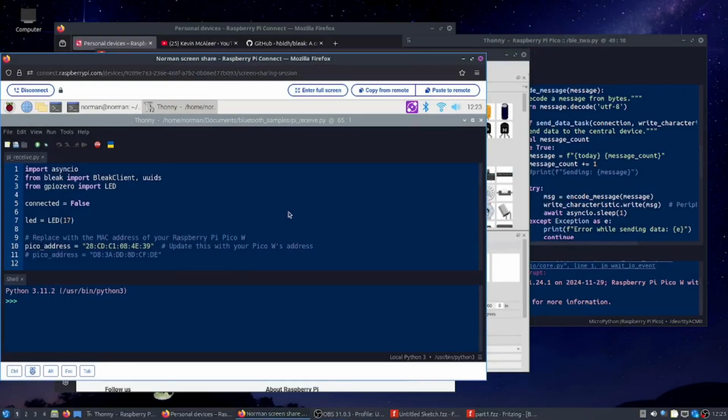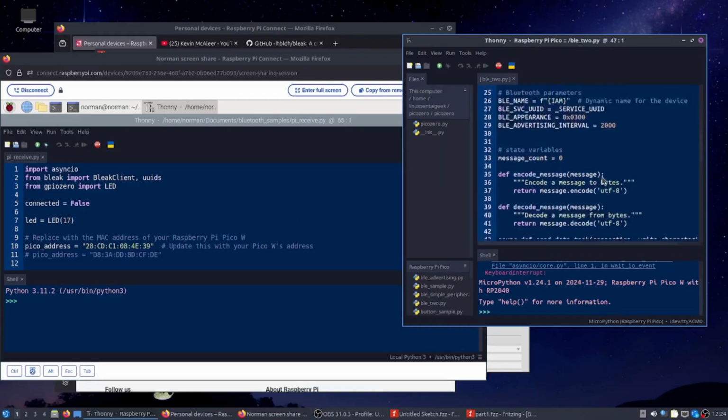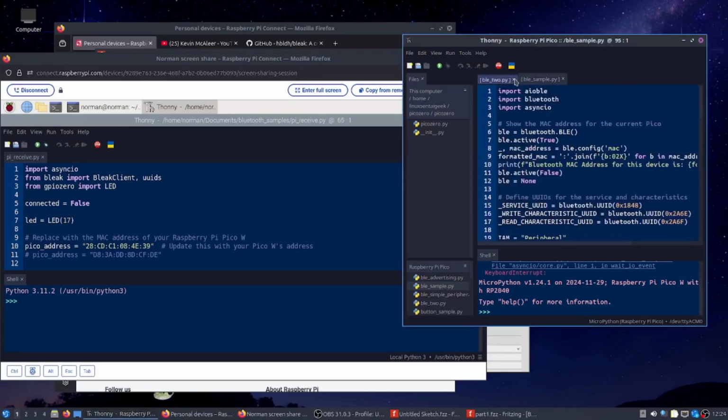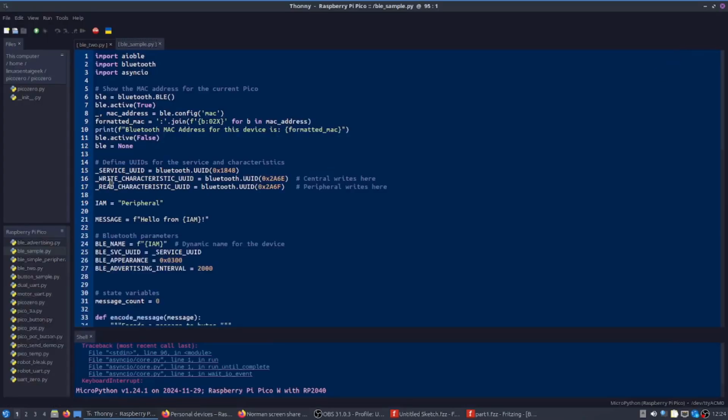Alright folks, let's get started. We'll start with the Pico side first, just to get an idea. Let's go to BLE sample first, because I'm going to save the other for later. Here, I'm going to open it for you guys. We have our libraries: aioble, bluetooth, asyncio. Here we establish our BLE, which we use Bluetooth, and then we set it active to true, and then of course we get our MAC address, and then we print the MAC address for the device, and then we set up our UUIDs,